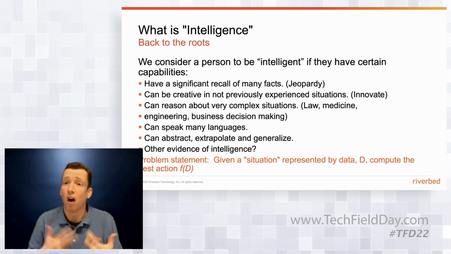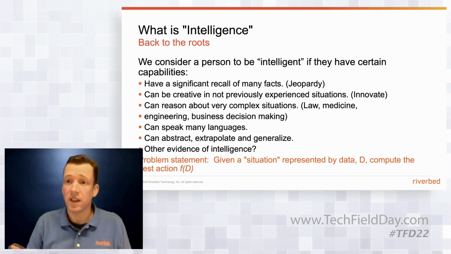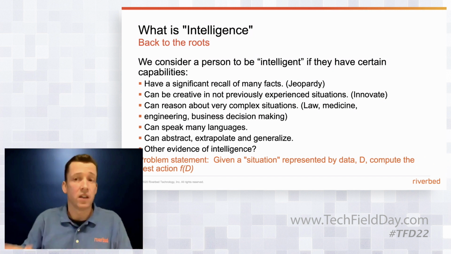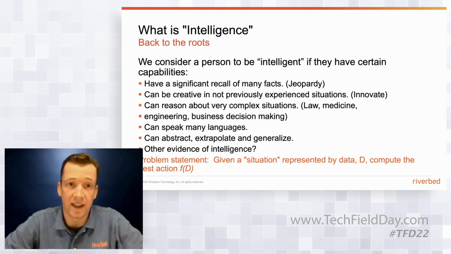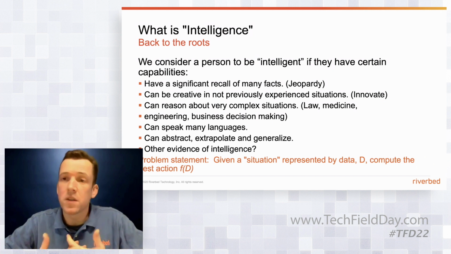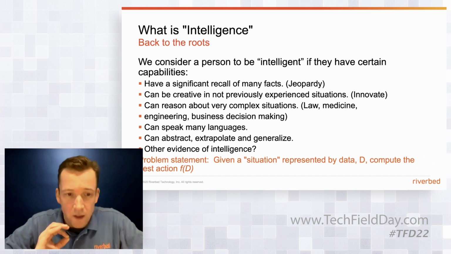It's sort of, a computer program that just repeats what it has seen before isn't always as useful as one that can see a situation and, based on prior experiences and the new information, can do something novel that it has never done before. So these are sort of some definitions, but what it really comes down to from a science perspective is, given